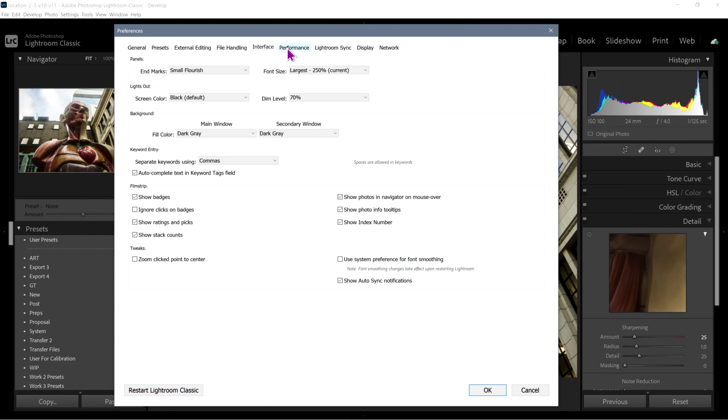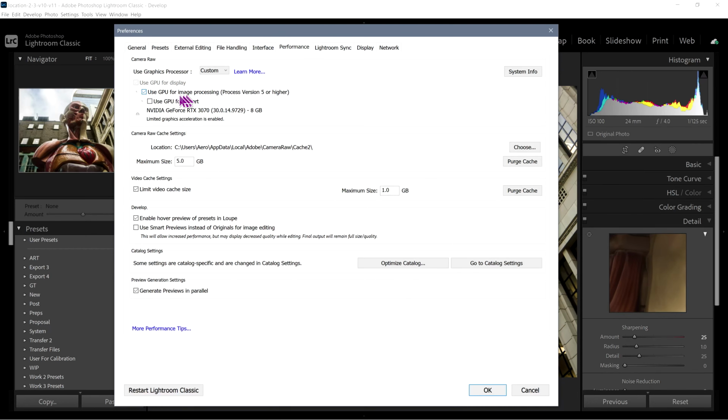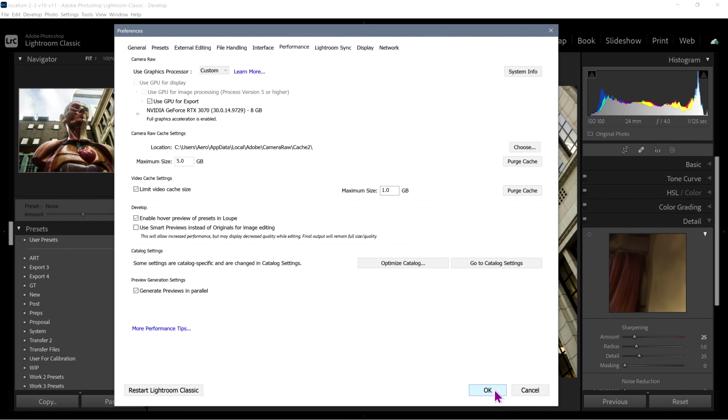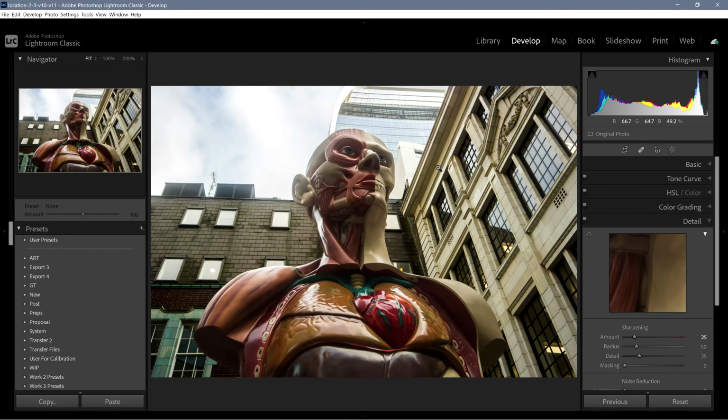inside of the performance tab, we've got preferences, performance, and inside of the performance tab, you can now use GPU acceleration in order to export, and that will increase the speed of exports. Now, it's not always going to be ticked automatically. You might need to come here and make sure this is ticked to enable it. It's supposed to be ticked automatically for graphics cards with 8 gigabytes or more, but on my PC it wasn't, so I have to go in and tick it to make sure it is ready for use with